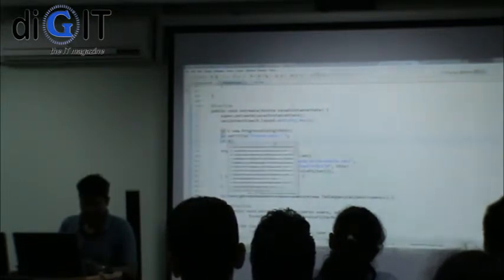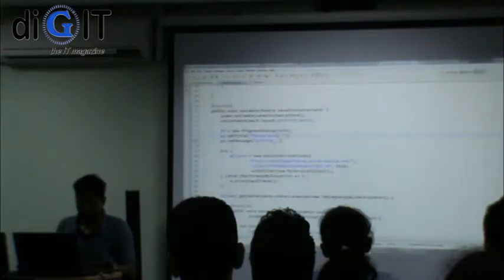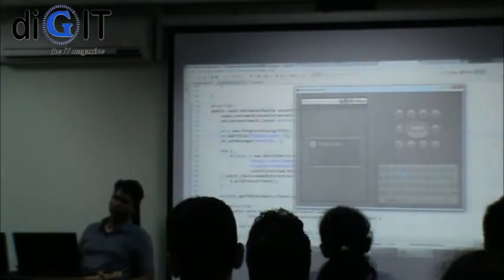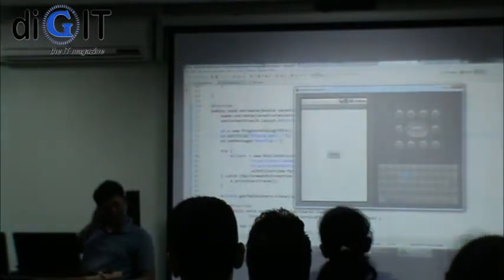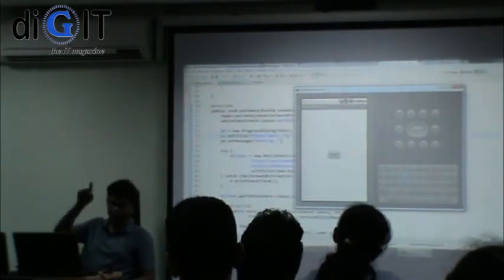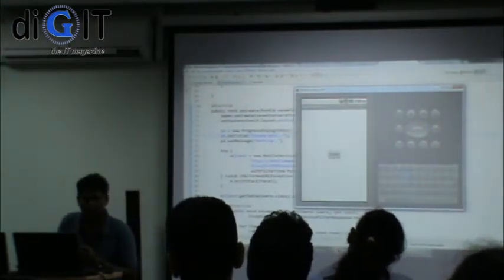PD dot set message, working. But you get the idea, right? So you can basically hook into the thing and show some UI based on that. This is, again, not mentioned in the documentation. You're going to look through the actual source code of the SDK and figure out how it can be implemented.